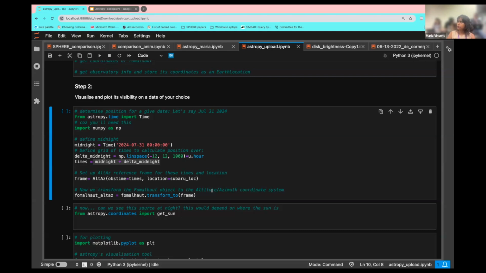Okay, did people get that done? So like get_sun, parentheses, time, and then transform to the frame. Yes, exactly. So get_sun, you put in the time, so you define the time range within which you need,